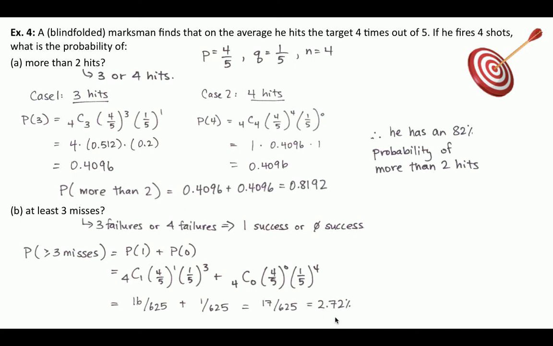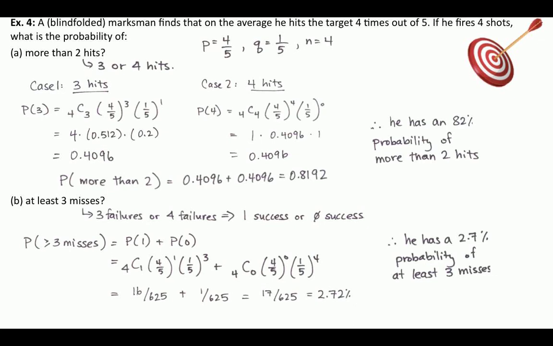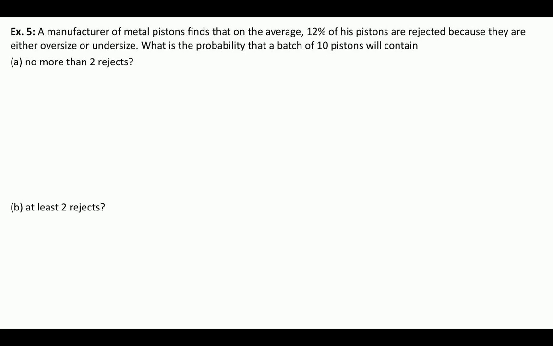And that's about 2.72%. So there's a much better possibility that he's going to get them than that he's going to miss them. Exactly. Okay. So a manufacturer of metal pistons finds that on average 12% of his pistons are rejected